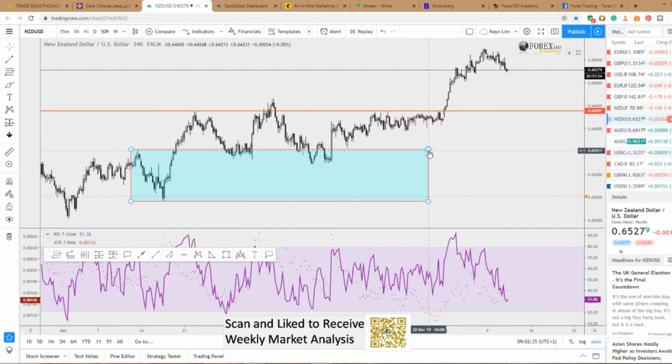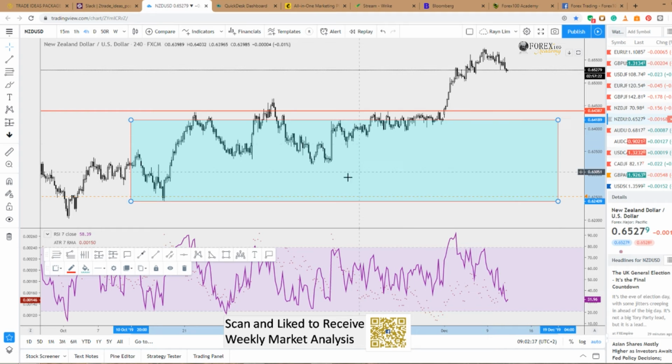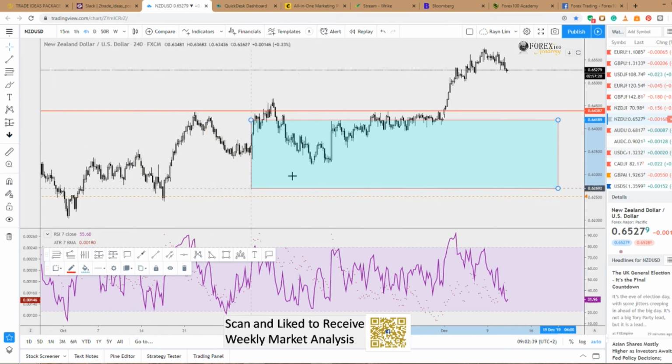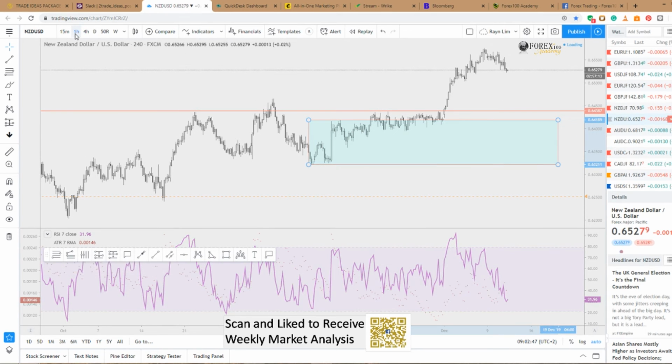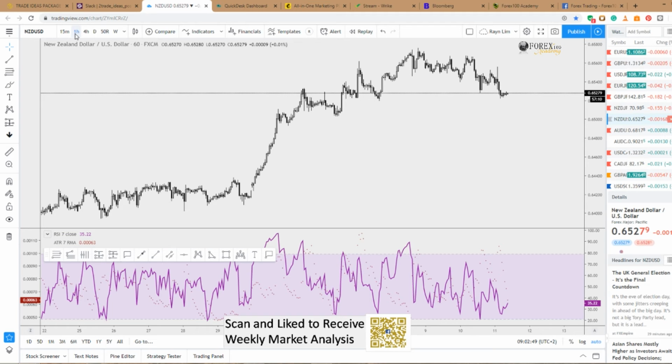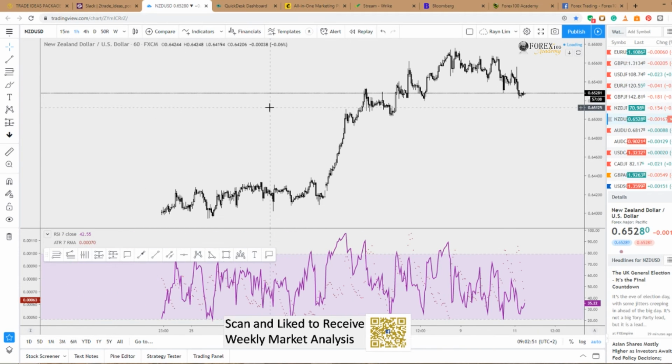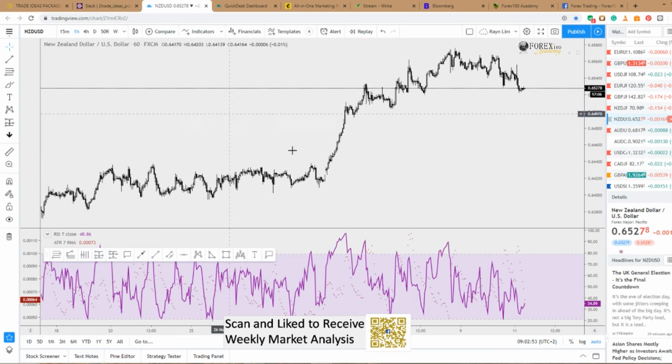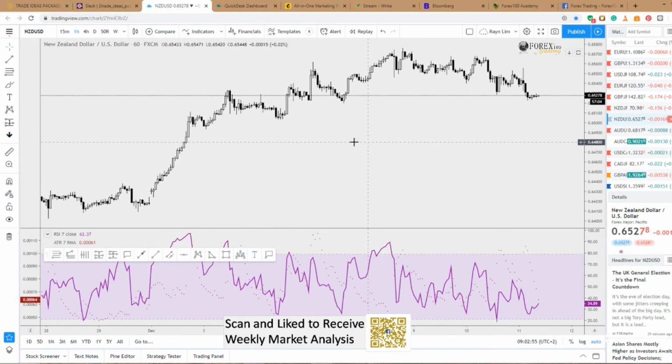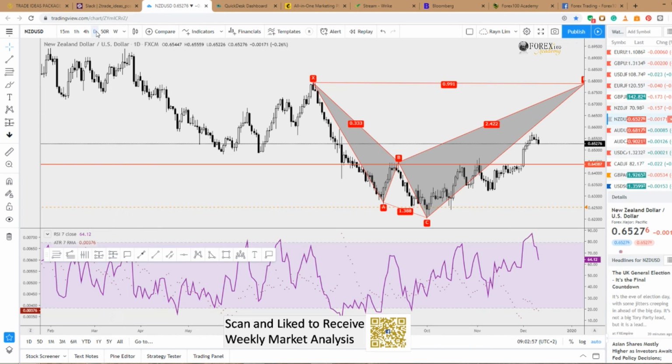This could be the next level of great support for a buying opportunity. Or even a small level of consolidation, which is actually not my focus. Not interested in those. 1 hour chart, nothing much for me. That's why it's not even highlighted. It's not even in my alert list. All right, to the next pair,